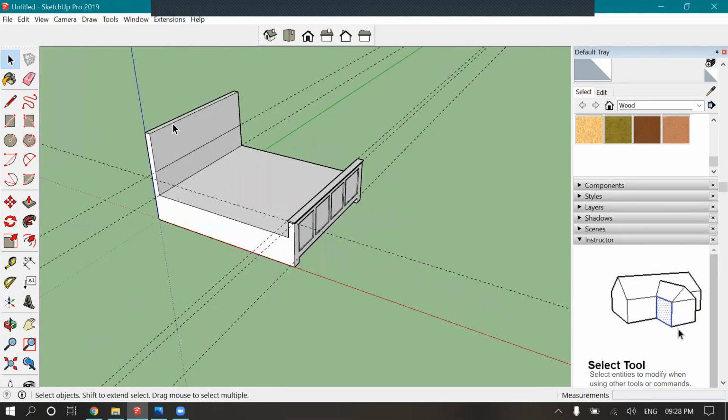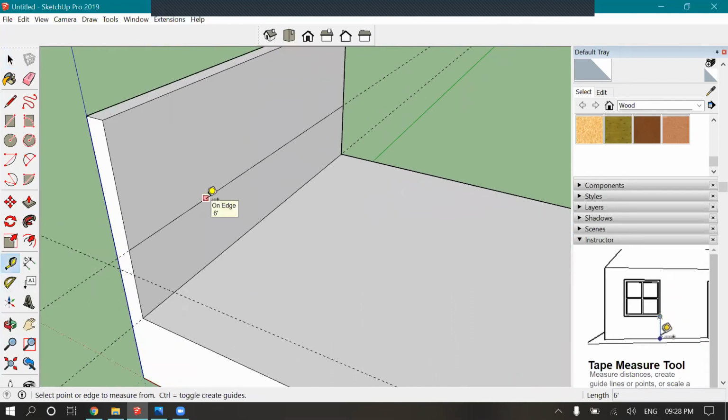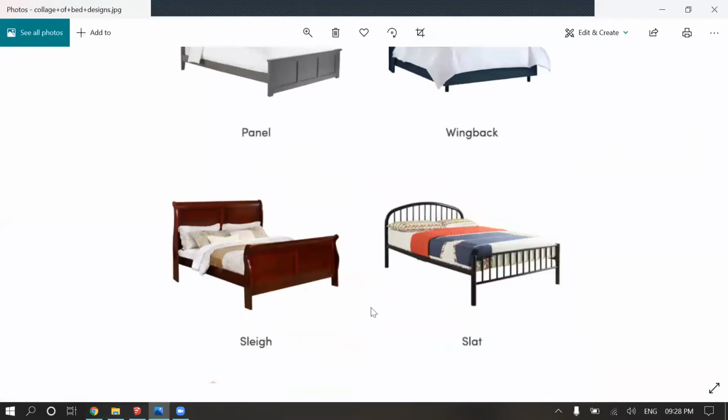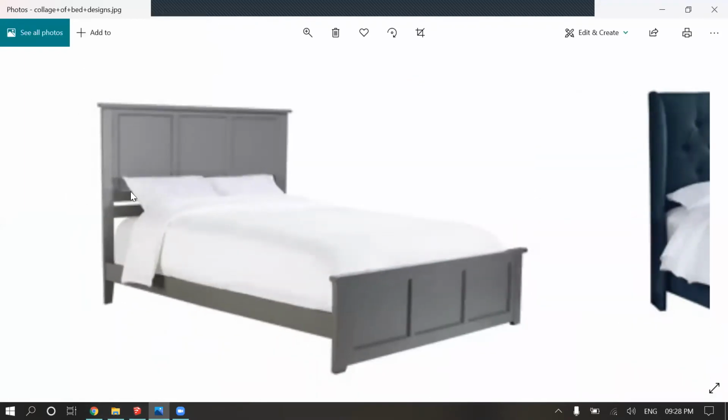So the next part will be leaving some space from the bottom and the top, just like the previous one. Okay, let's check the picture once again. Yeah, you can see there's a gapping part of around 3 inches, and these rectangles are a bit longer than this one. So we need to keep that in mind. And the same as above, we need to make some hinges. Okay.